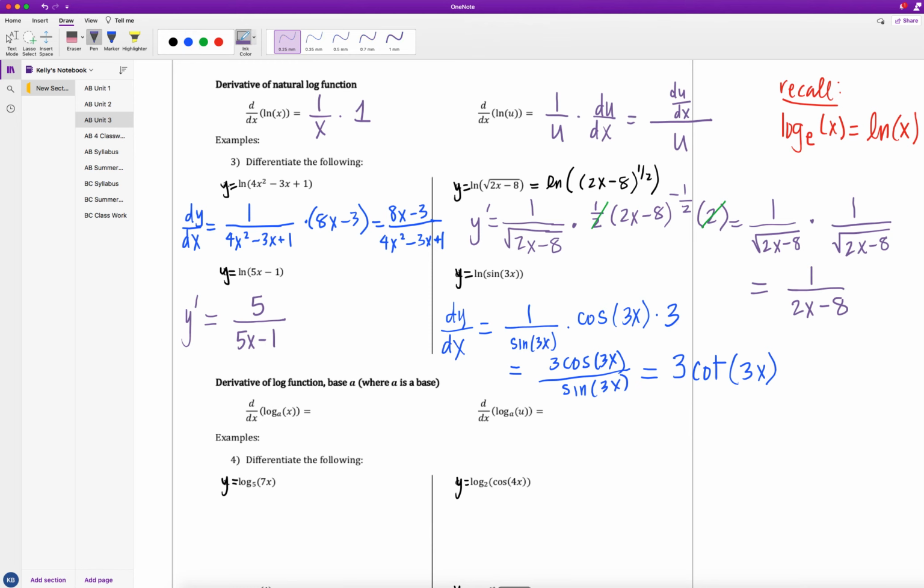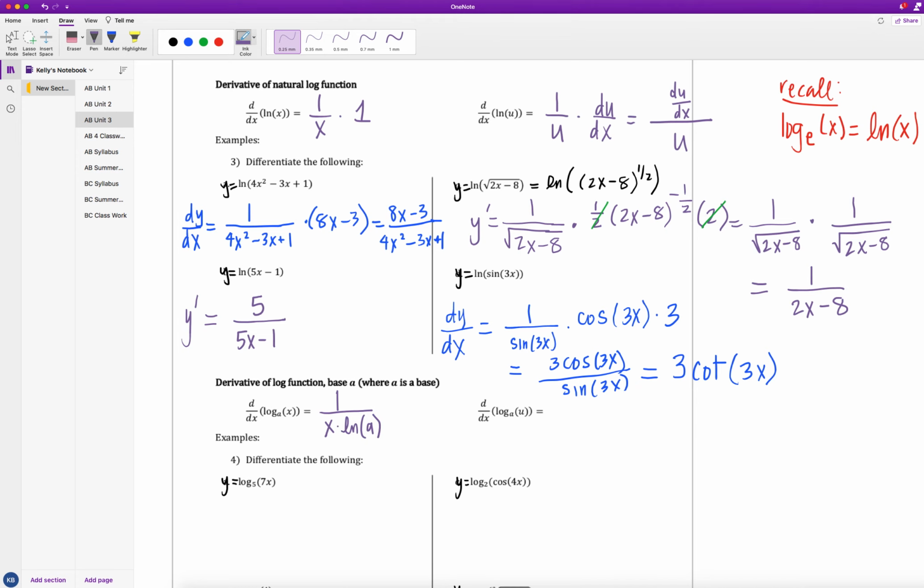Okay, let's look at what happens if we have a log with a different base here. So here we have log base a of x. So a here is our base, just like it was in our base of our exponent on the prior page. And we're just assuming that that base is not equal to 1 and that we also have a base that's not e, otherwise we could just use the natural log. So to take the derivative of log base a of x, it's similar to natural log. I still get 1 over the x, but I also have to multiply by the natural log of that base